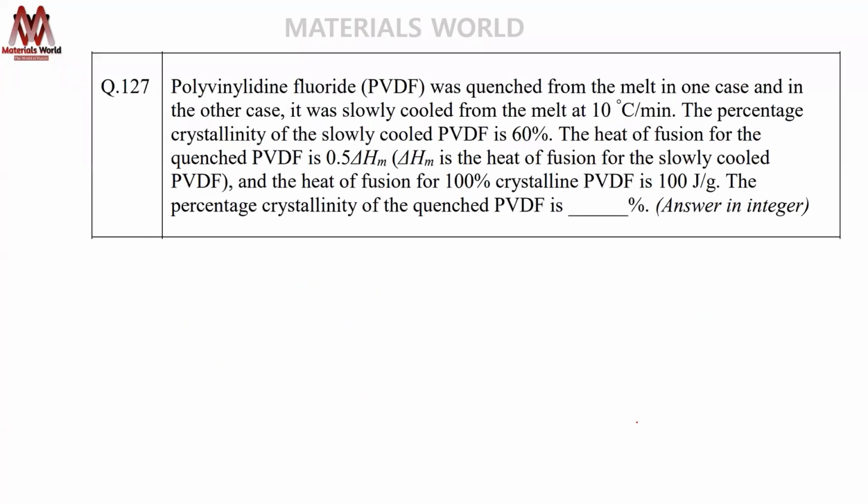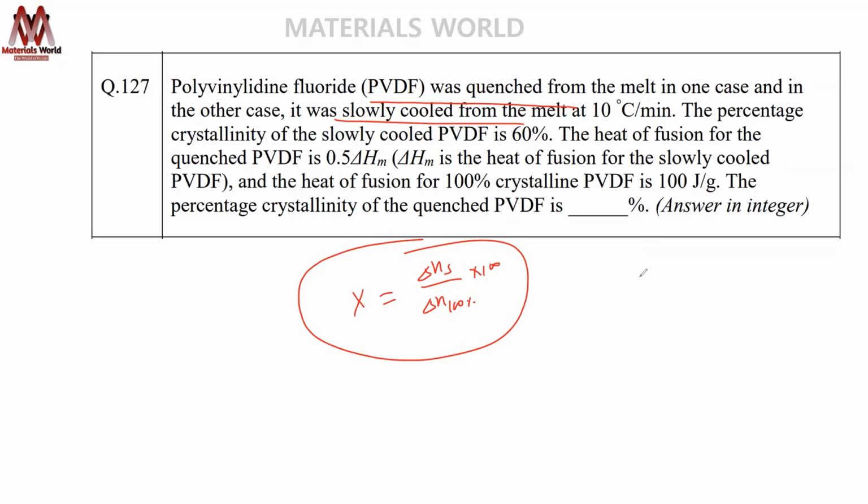Now, this question is very easy if you simply know the concept of percentage crystallinity and the heat of fusion. So your percentage crystallinity is heat of fusion of the sample by heat of fusion for a 100% crystalline sample. Very simple. If you see, you have a PVDF, you quench it from melt in one case, in another case you slowly cooled it. So for slowly cooled, it's telling you the percentage crystallinity is 60%,